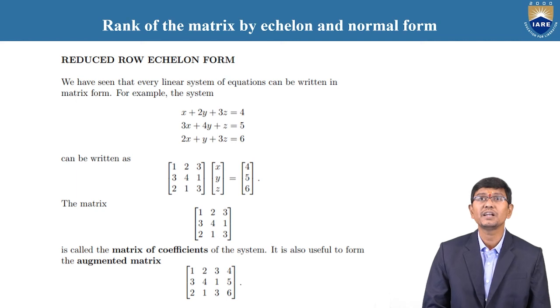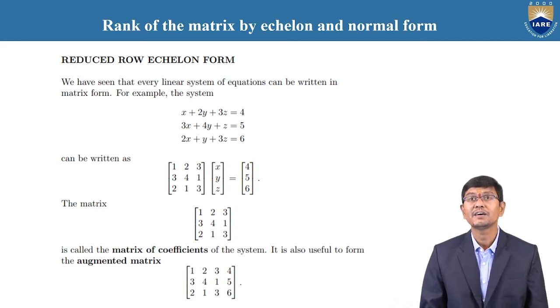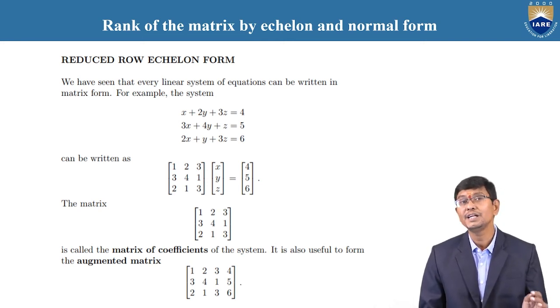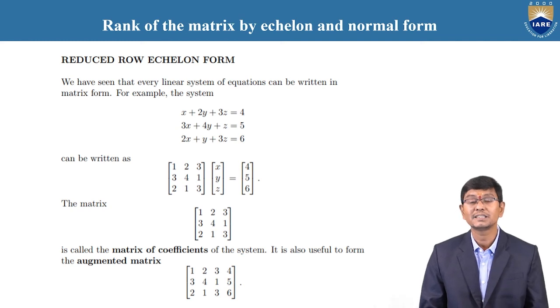Now we need to reduce to one more type, the row echelon form of a matrix. Previously we discussed the given matrix directly, but now we need to discuss the given equations, homogeneous or non-homogeneous, and how to consider them in the form of matrices and again reduce them to echelon form of a matrix.